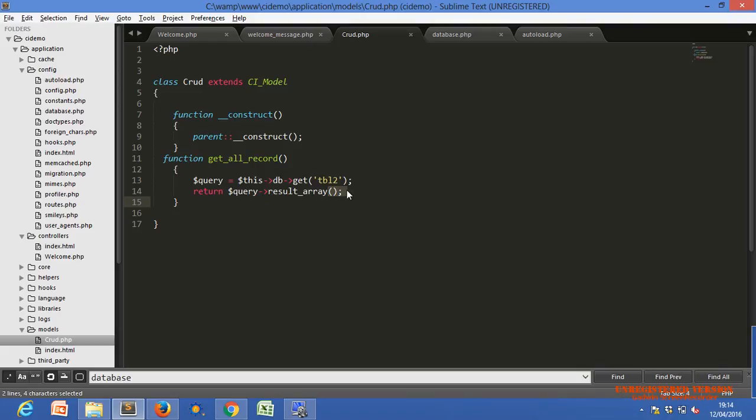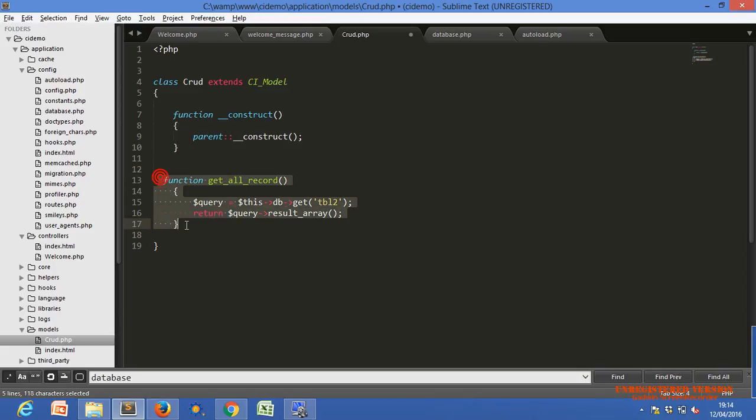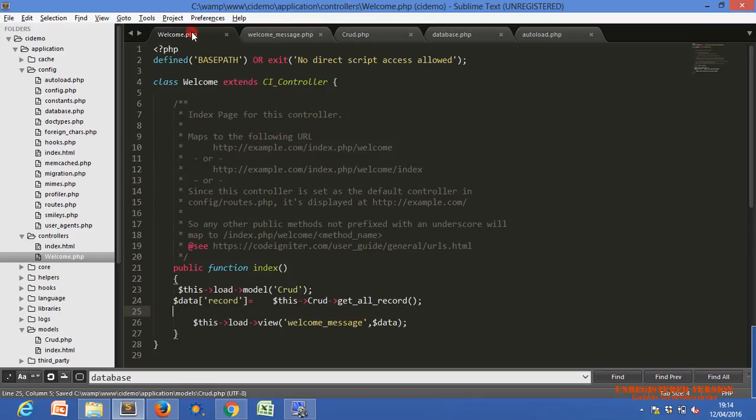This is a user defined function we have created, get all records. We call this function from the controller before loading the view page.